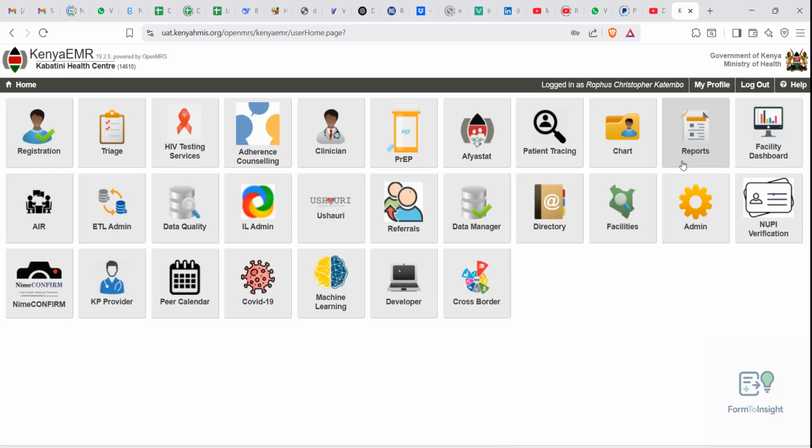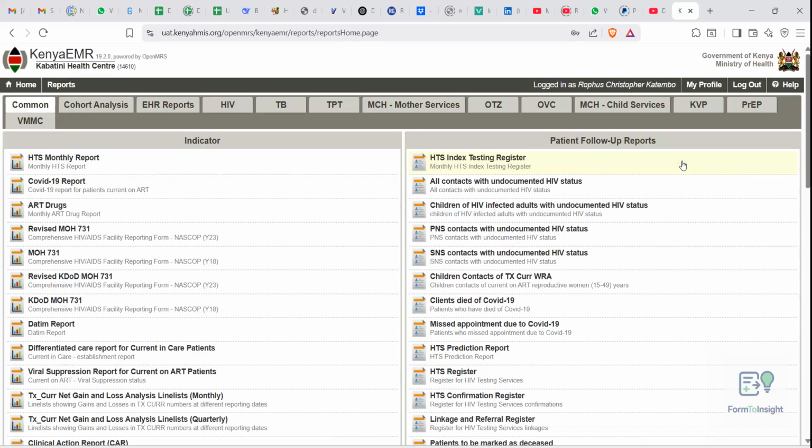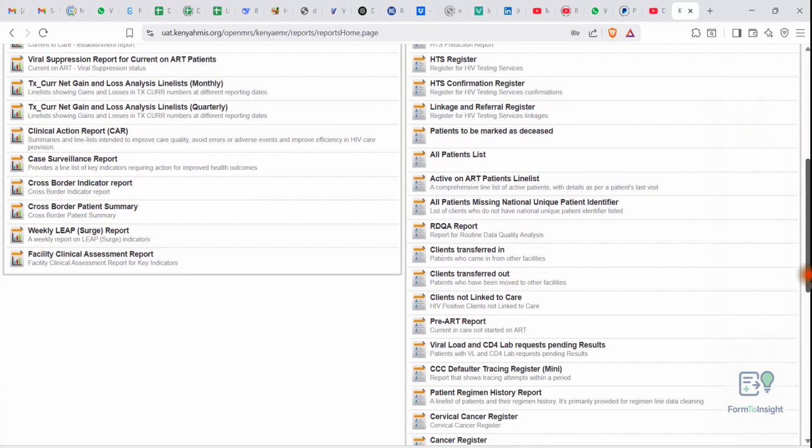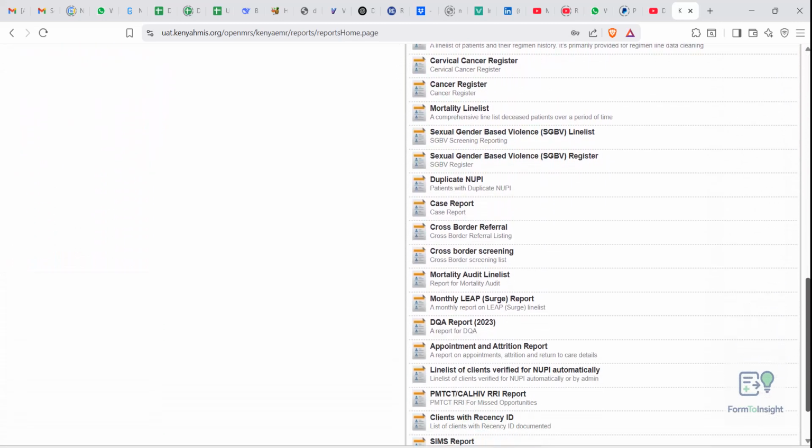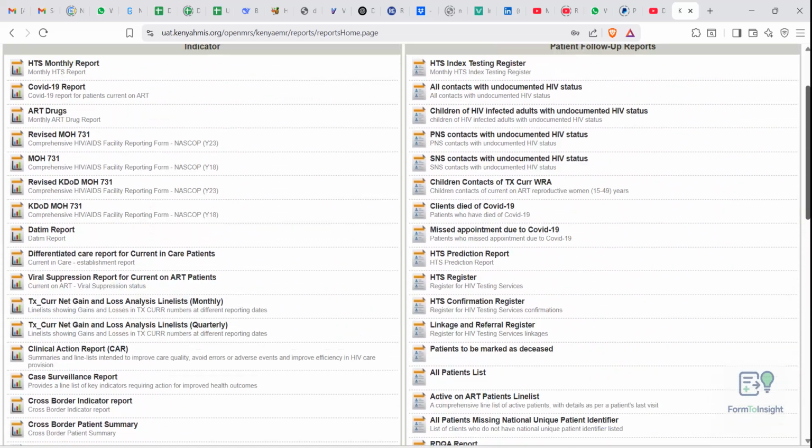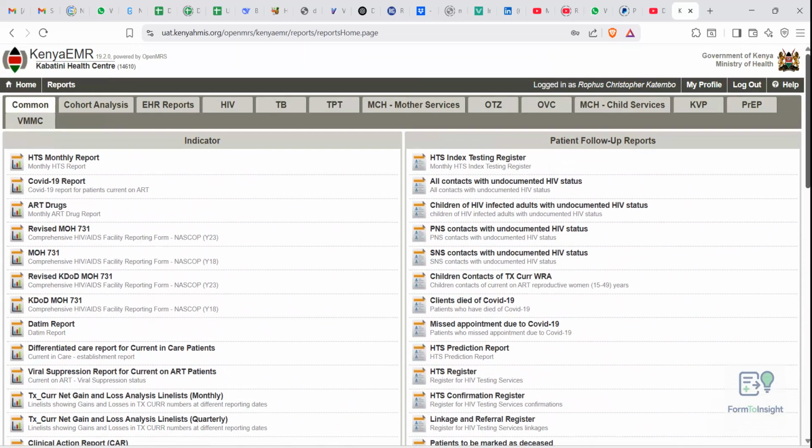You'll find it here. Maybe we just have a look at it, then we shall continue. So you click on it. So these are the reports that are available on KenyaEMR. When you come to this section, you'll be able to download and extract every report that you need. So these are the common reports that we have in KenyaEMR